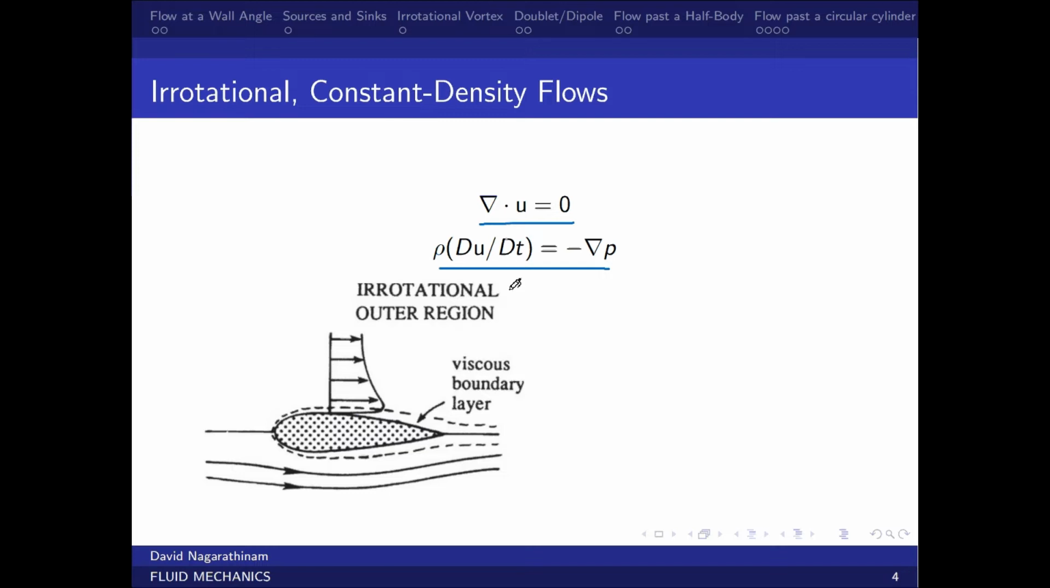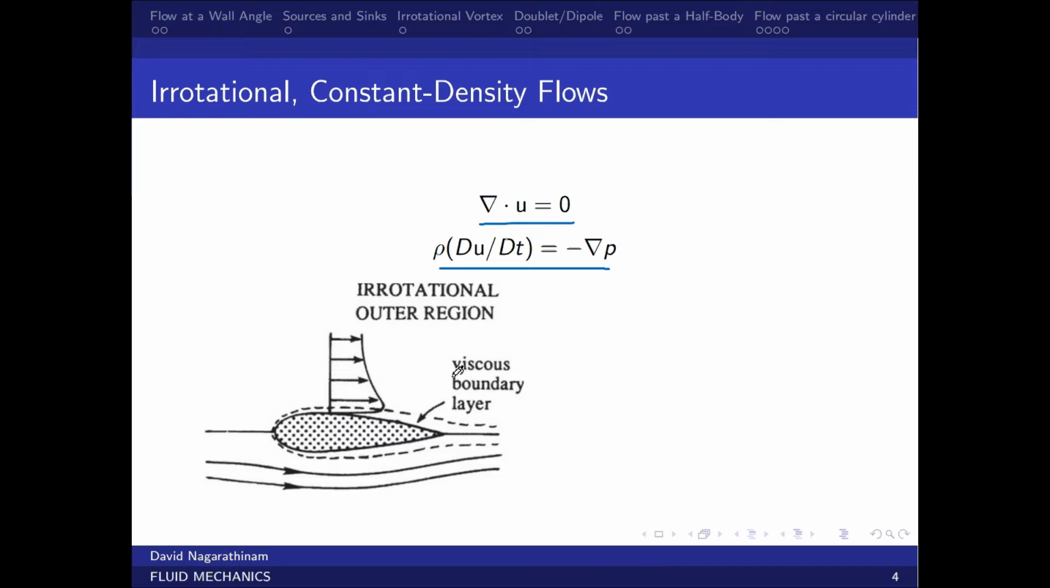Now, a viscous flow past a streamlined body is shown here in the schematic. Essentially, there will be a boundary layer, a thin region where there will be sharp gradients in the velocity profile, and then there will be an outer irrotational region. It is this very thin region very close to the body where there is a viscous boundary layer and the